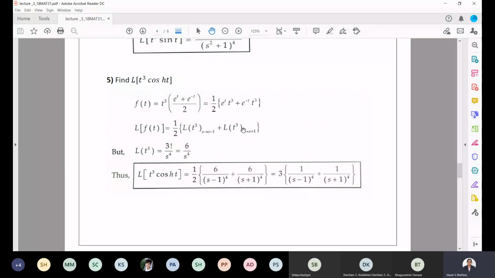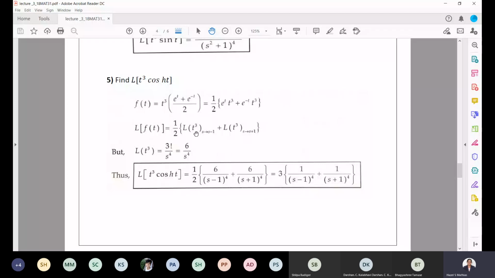Plus, second, here also Laplace transform of e power minus t. So you have to replace s by s plus 1. Laplace transform of t cube is 6 by s power 4, so you replace s by s plus 1. That's why it will become 6 divided by s plus 1 whole power 4. If anybody has come only to today's class by skipping the previous 2 classes, you will not understand this. So go through the previous notes. If you have any doubt, you can ask me. So hope this is clear how we get it.